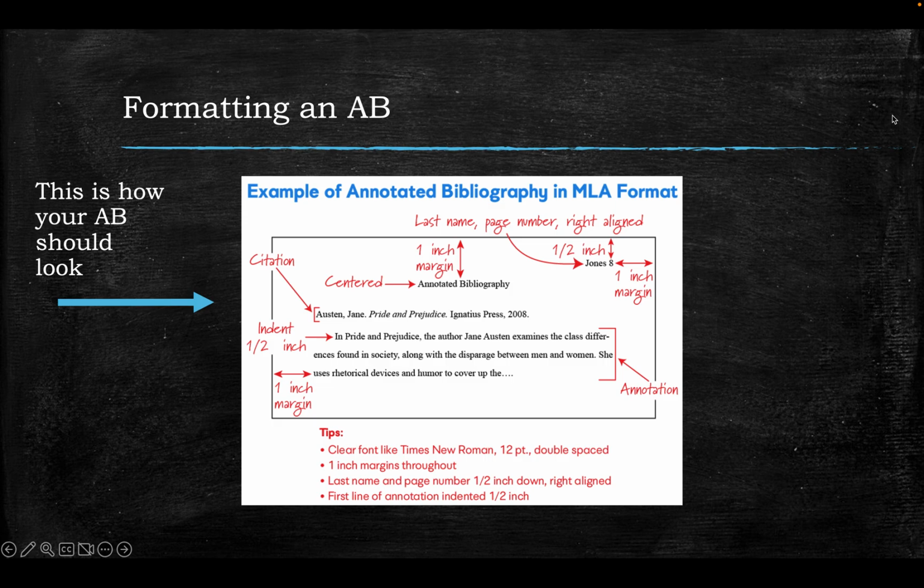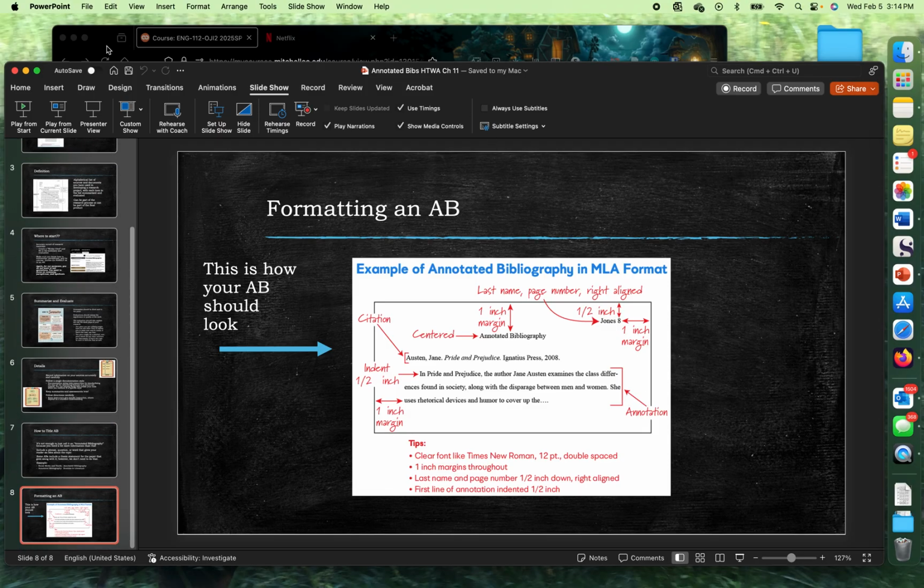This is how it needs to look. It should not look like this with the writing all over it, but this is how your AB should look. This right here, this photograph, this picture, this sketch, this right here is what it needs to look like. And I'm making a big deal out of this because frequently students will just kind of throw something on the page and just go with it. And there is a very specific way that MLA formatting is supposed to look. And it's like this. So if yours does not look like this, it's going to lose points. All right, so those are